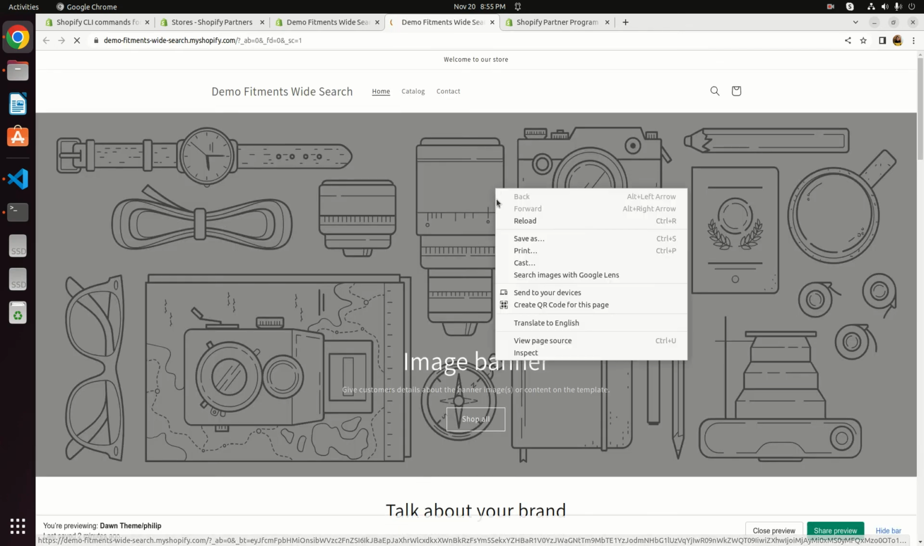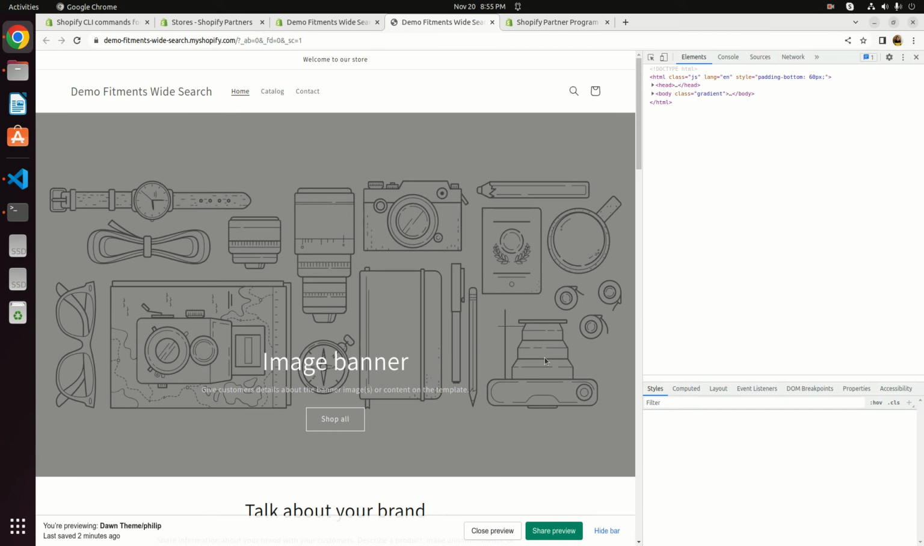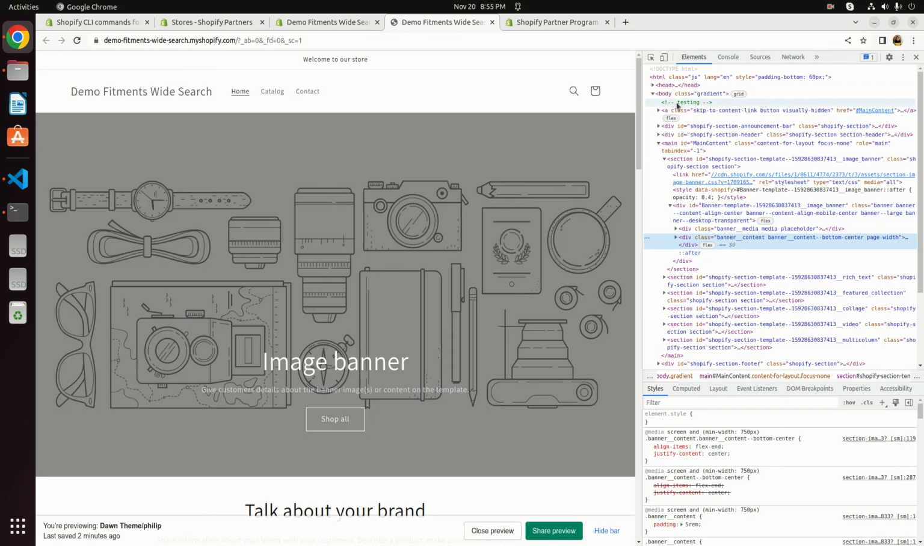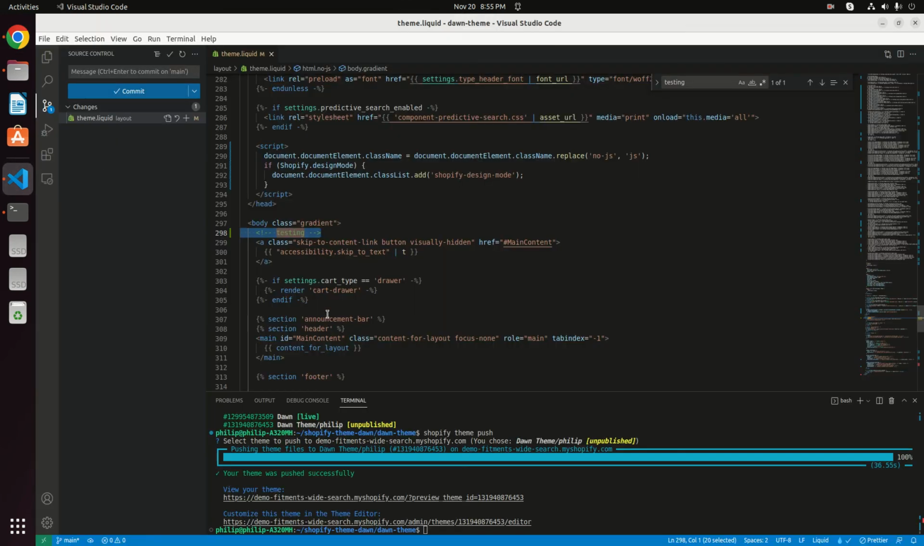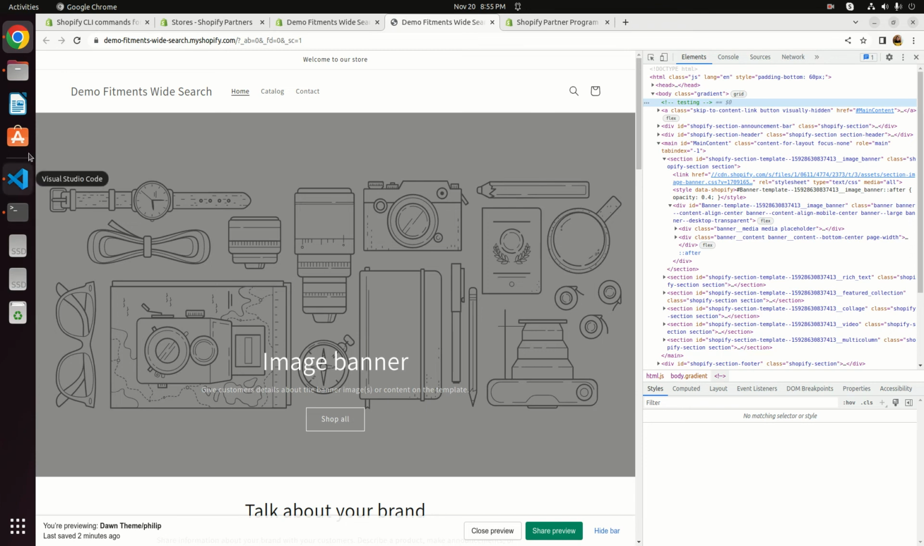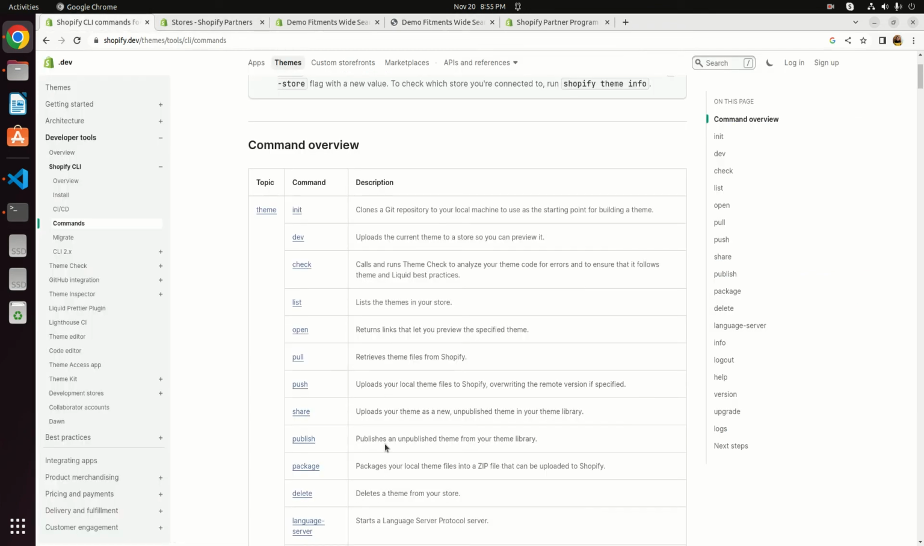It's a little more delay. So I'm gonna inspect this storefront and look at here, it's here. So it means it's rendered what I am modifying to this file. Then the other command that I think I did not